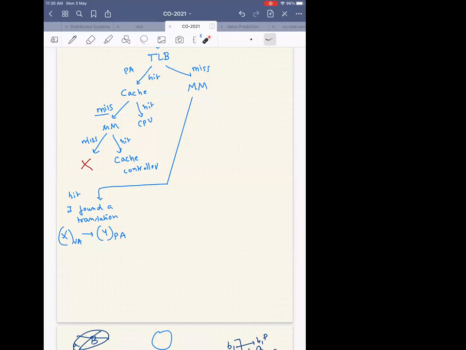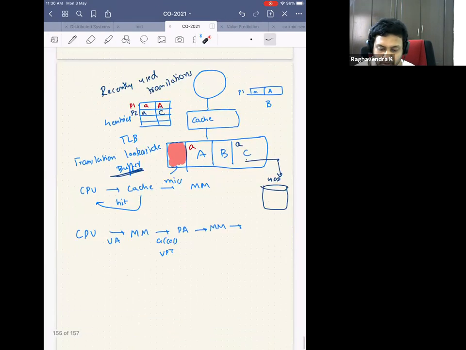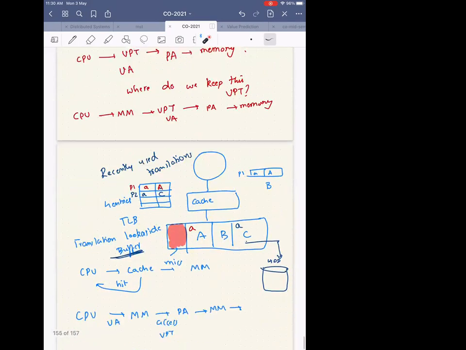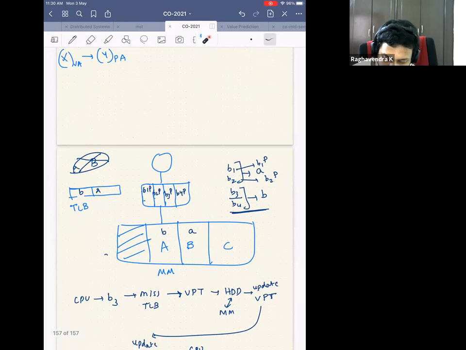Sir, can you repeat? See, let's say this B2 block was made dirty. Let's say this particular block was made dirty. Now you can't read B3 from the main memory, from this particular data, because this has not yet been updated, because you're using a write back cache, not a write through cache. If I had used a write through cache, this problem would not have appeared. But since I'm using a write back cache, the cache might have an updated entry and not the main memory.